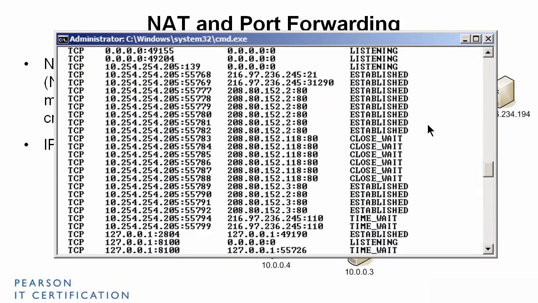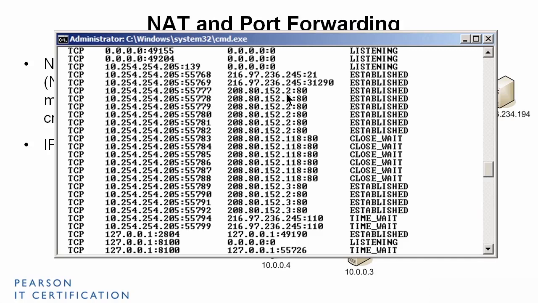Now we can show this in a command line. This is a netstat command that was run, and you can see lots of ports here coming from this computer. It's making lots of connections to other remote systems on the internet. And you can see these dynamically assigned ports in the 55,000 range. Remember, you can have 65,536 ports total. In fact, you do have that many ports total on your network card. And a lot of those upper ports are reserved for dynamically assigned outbound connections. So, we have a connection here, 55777, going to a web server,